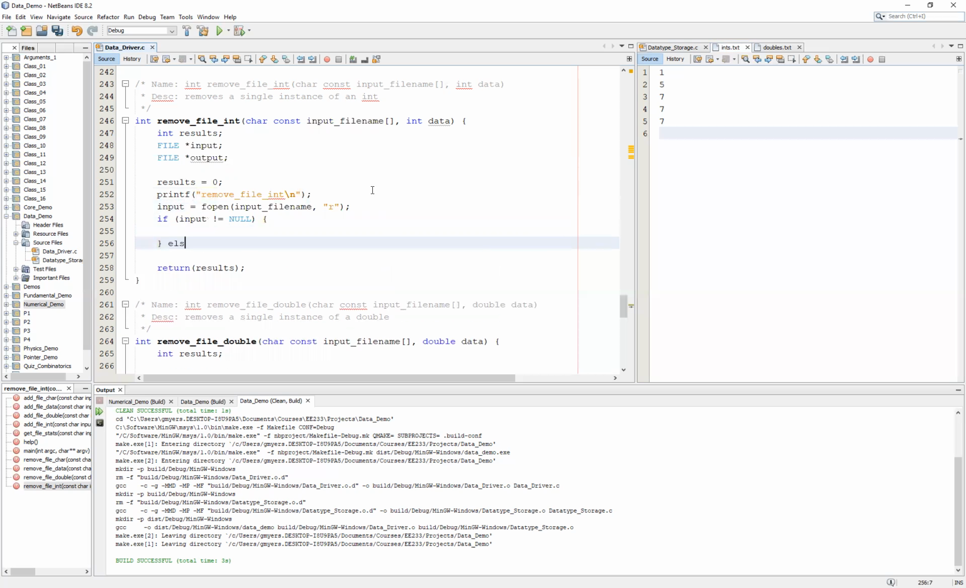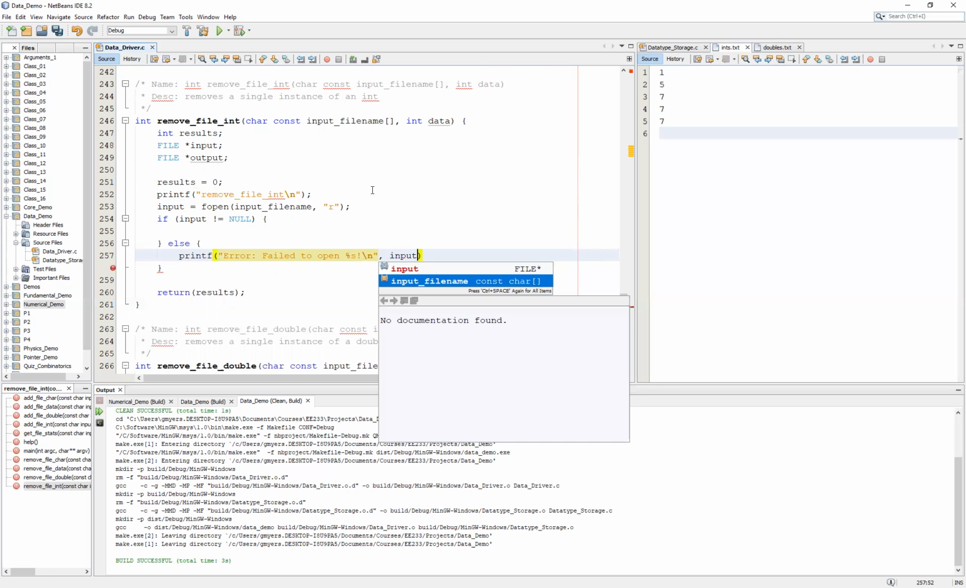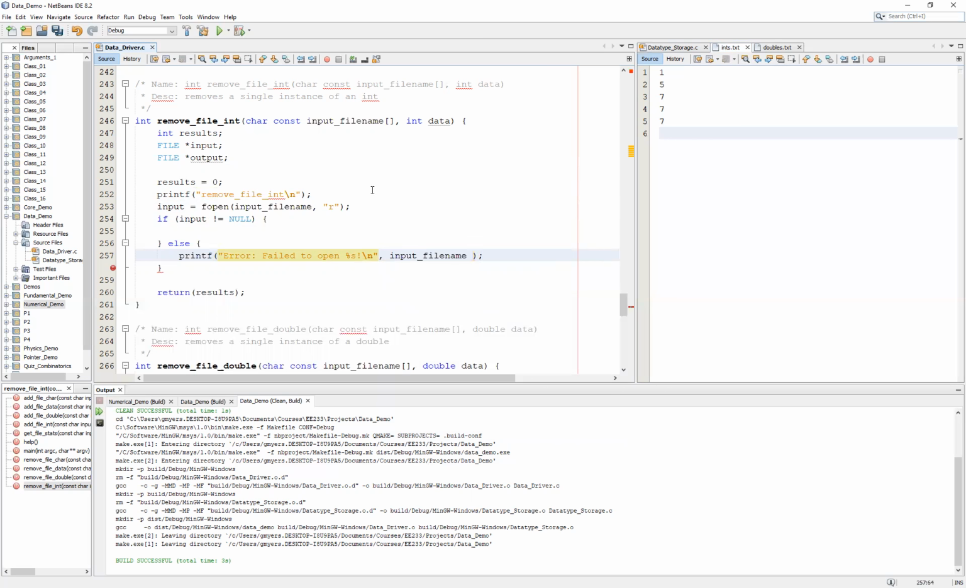But if I fail to open it, in other words, that is equal to null, then I simply want to printf a message, error, failed to open %s. And then, of course, follow it with a new line and specify which file we failed to open. Now, assuming that we were successful and that our input is not equal to null,